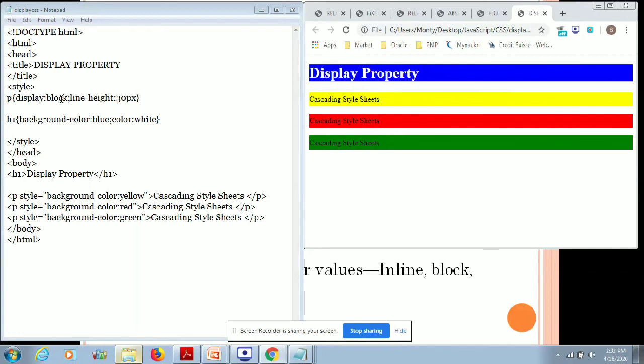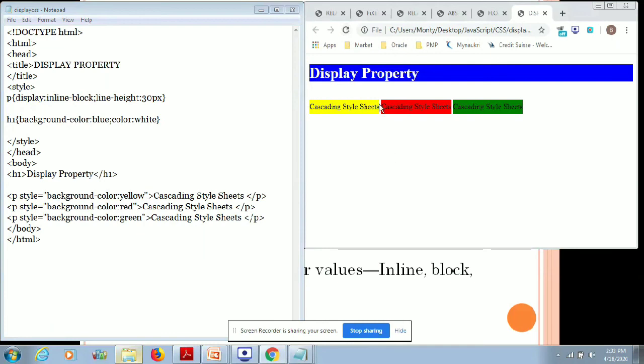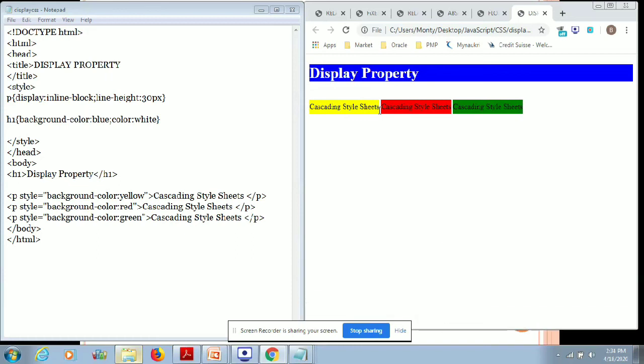The third property that we have is inline block. This is our inline block. You can see a small separation over here, which was not present when you are using inline. So this is the difference. It is inline also, it is block also. Depending on how you want your elements to be displayed, you can decide. It can be given to any particular element, paragraph, image, any element you can define this.